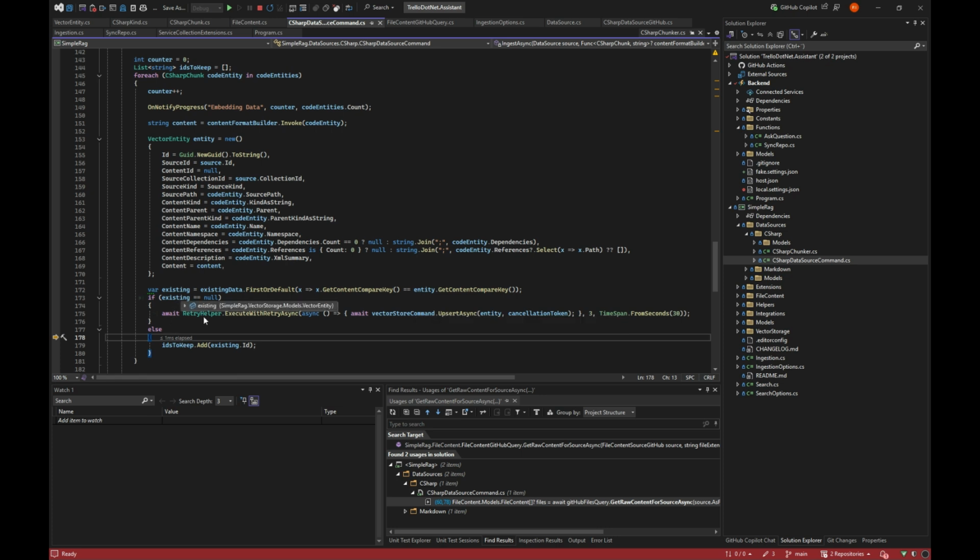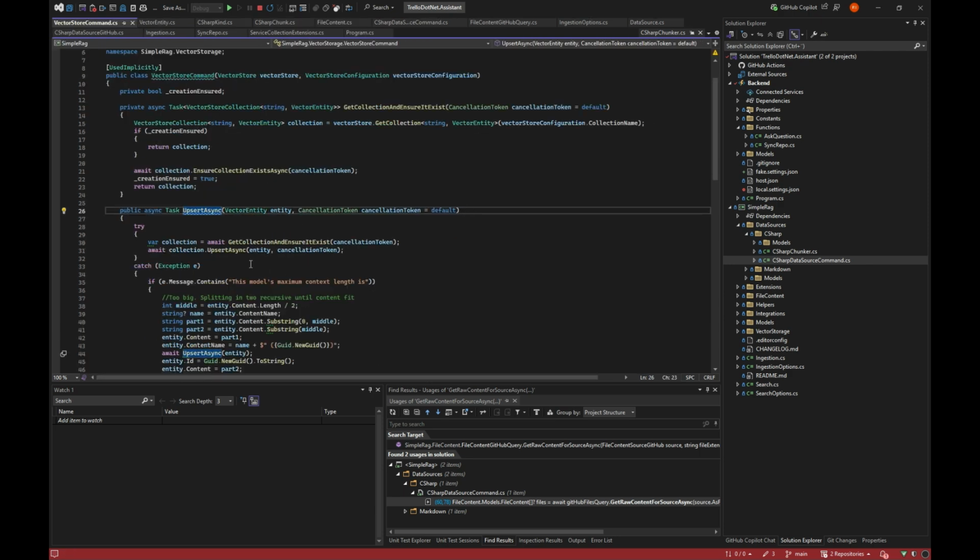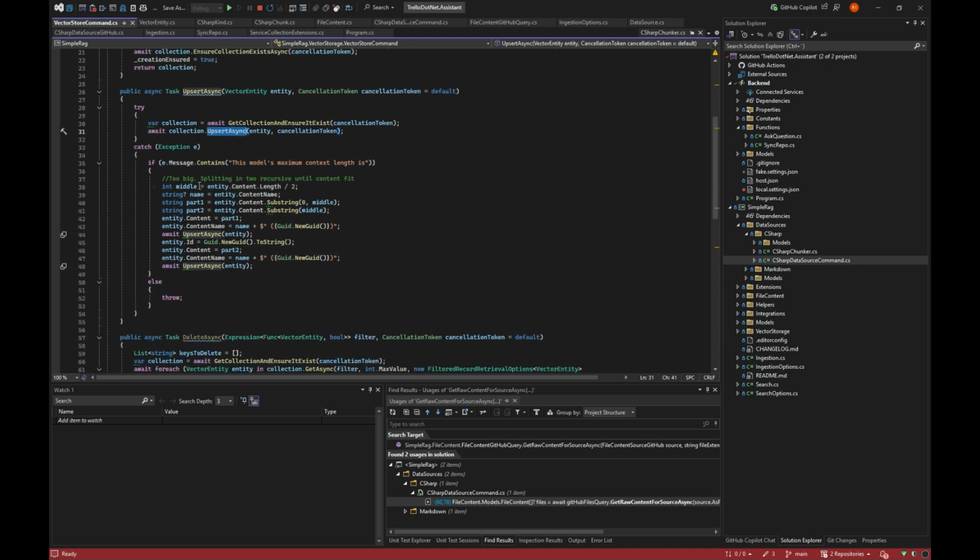But if it doesn't exist, I need to upsert it, insert or update, and that is just a simple call from Semantic Kernel. And I built in that if it's too big, it will end up splitting it in two automatically, dividing in the middle. But hopefully, most code should not be too big.